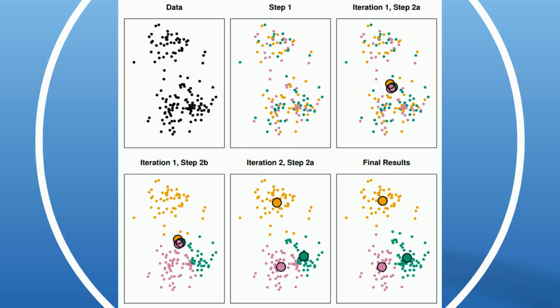So in the bottom left, each data point is assigned to the cluster of the closest center in Euclidean distance. So we have our 3 separate clusters now. You see we have our purple or pink in the bottom, our green and our orange, as defined by the closest center. In the middle bottom, we update the location of that cluster center. So now you see it's moved pretty dramatically outwards,